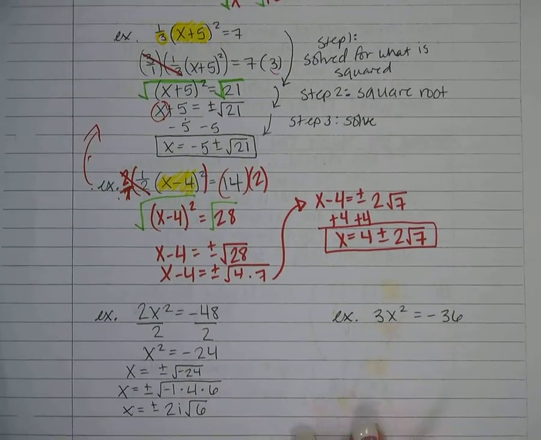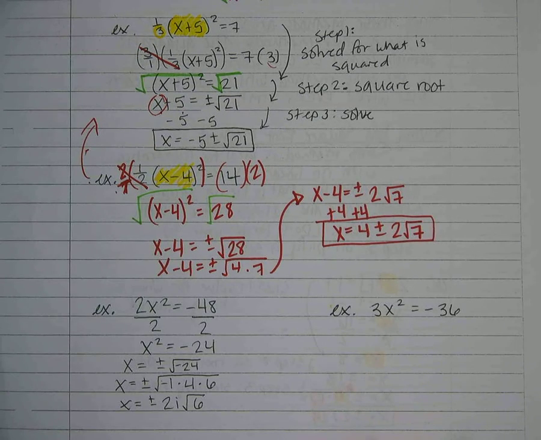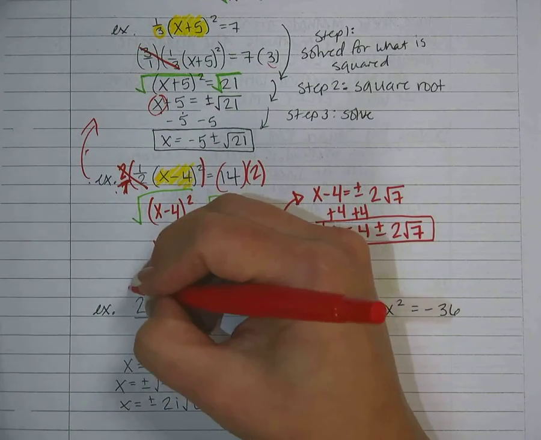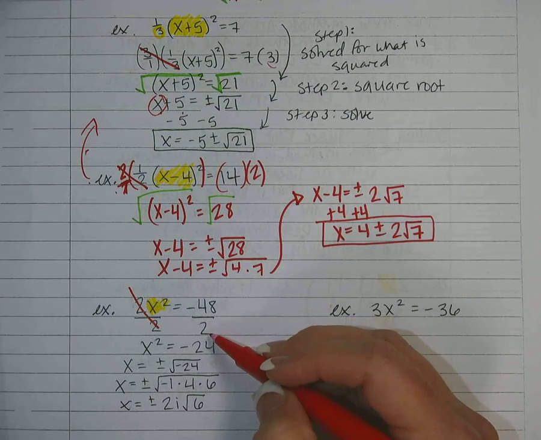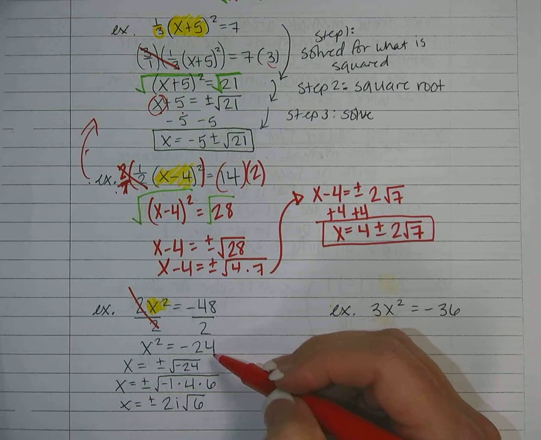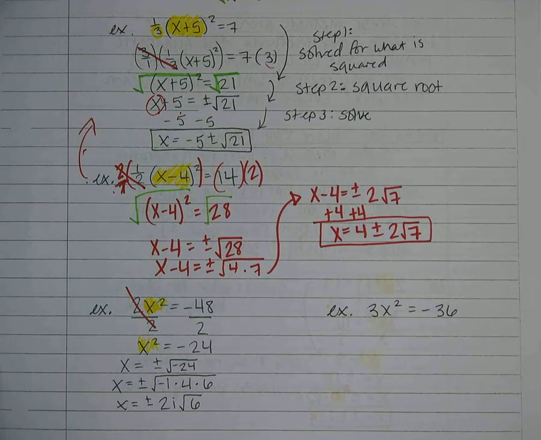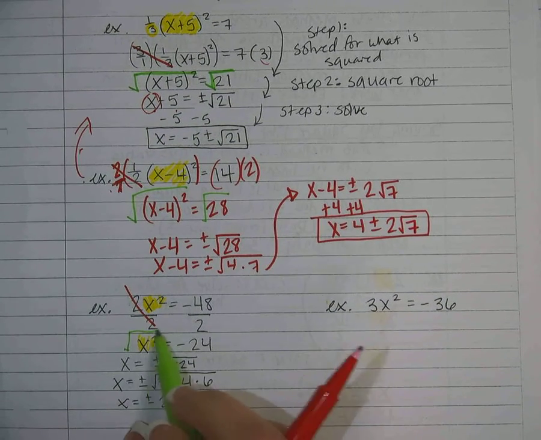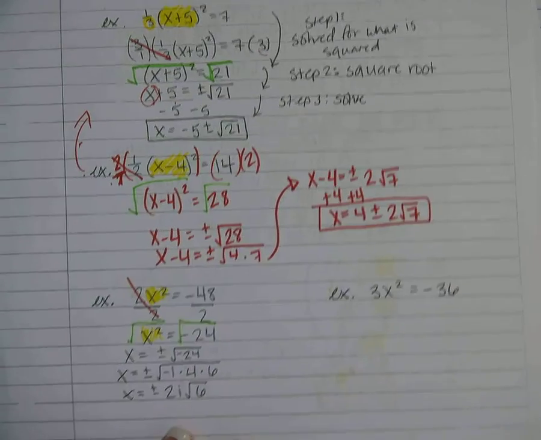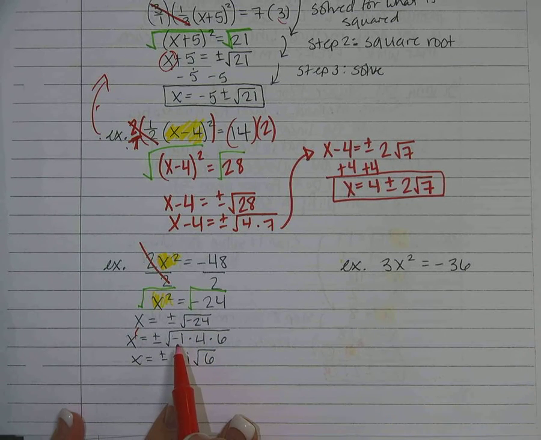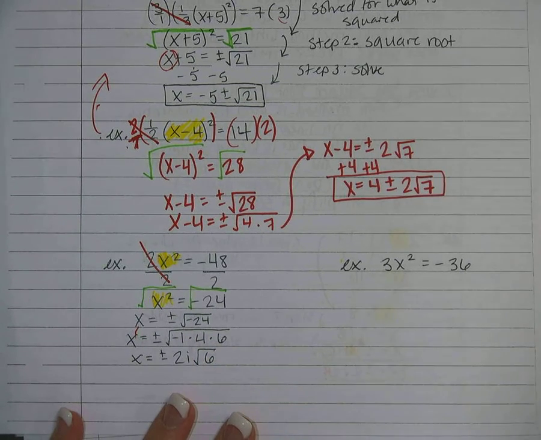Now let's look at one with an imaginary number. That's whenever I'm taking the square root of a negative number. So my first step here is to see that my x squared is what I'm solving for. So I divide both sides by 2. Negative 48 divided by 2 is negative 24. So now I have x squared equals negative 24. So I'm going to square root both sides. So x equals plus or minus the square root of negative 24. I want to separate out my negative 1, and it's going to come out of the square root